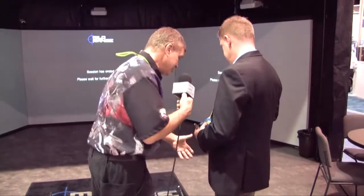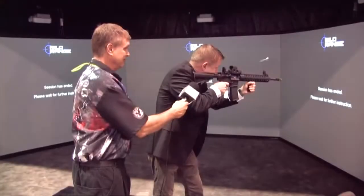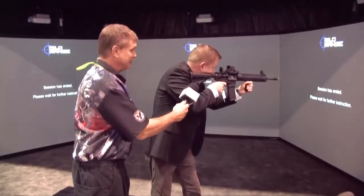Now you've got a couple of different tools to use in these, where one is actually firing the blanks. We're using blank ammunition in here. It's made by a company called UTM, Ultimate Training Munitions, out of New Jersey. It's a great tool. We use it all the time. And that will cause the weapon to act more like it would in the real world. And you may have seen in our demonstration,